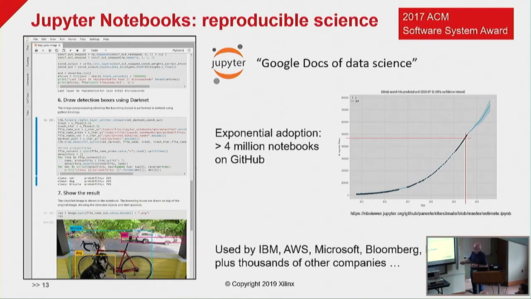To say that this has captured the imagination of a community is an understatement. Every major company is using this today. Amazon uses it to front end all their SageMaker AI tools on the cloud. This 2017 software award, an award at some level, was won previously by Unix, by TCP/IP, by Eclipse, by Java. And if you get this award from the software folks, I think you're doing well. So this is probably more like the Nobel Prize of software, albeit it's not the ACM Turing Award, but we'll get to that later. And this is actually adoption and projected adoption, and is available as a Jupyter notebook, so you can run it and verify the